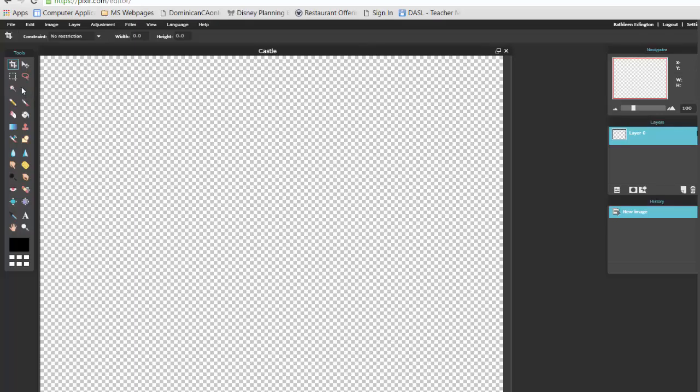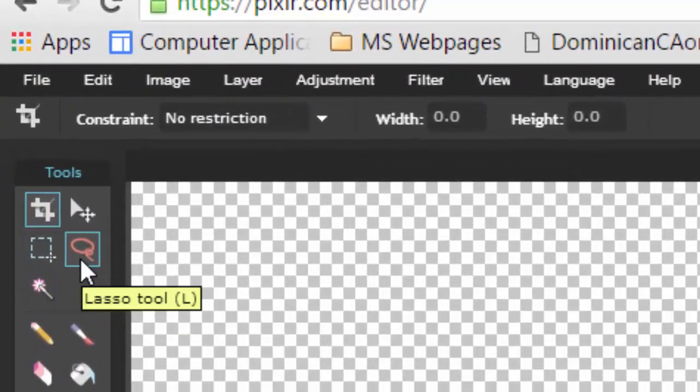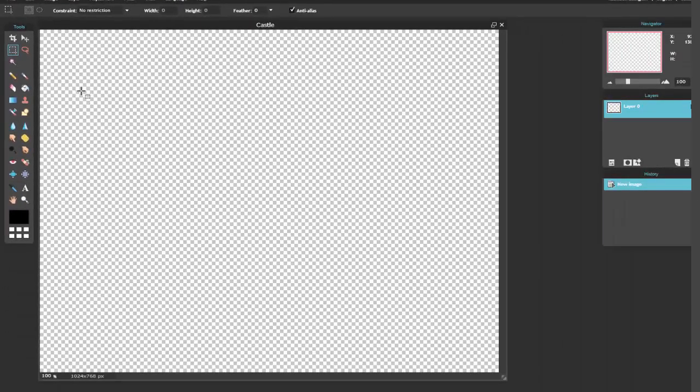So the two tools we're going to work with today are the marquee tool and the lasso tool. Those are the ones we're going to use. So first we're going to get the marquee tool, and we're going to make our castle out of shapes. So I would suggest making 3 rectangles. So you're going to make 1 rectangle,